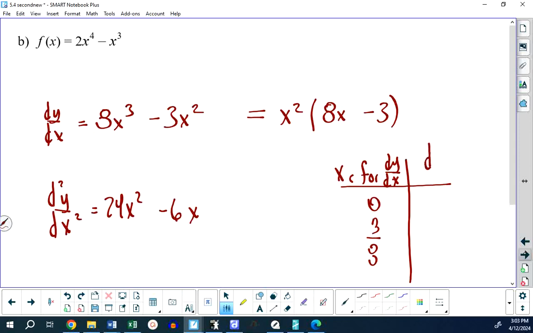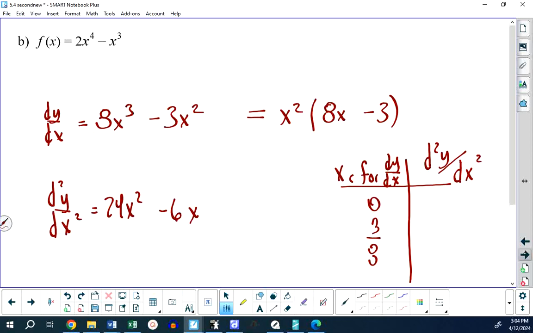The value of the second derivative at those critical values of x for the first derivative will tell me which of them are max, which are min. And since it's a polynomial function, the function's defined everywhere, the derivatives are all defined everywhere, you're going to get an answer here. When I put 0 in,